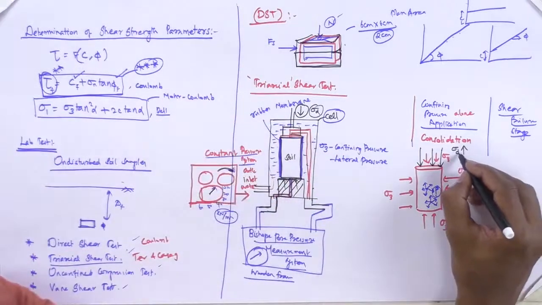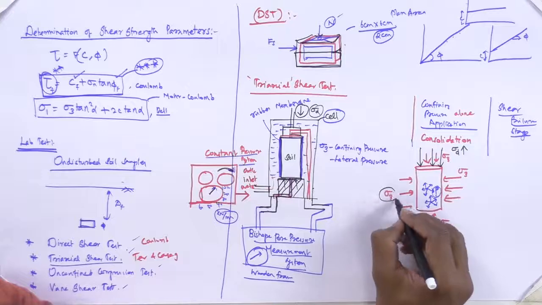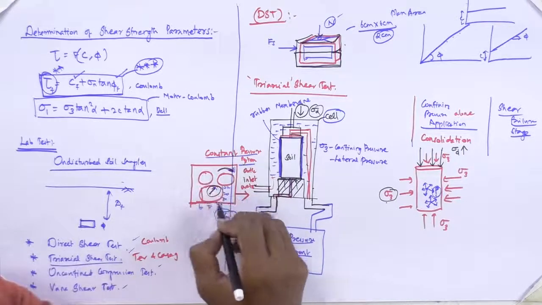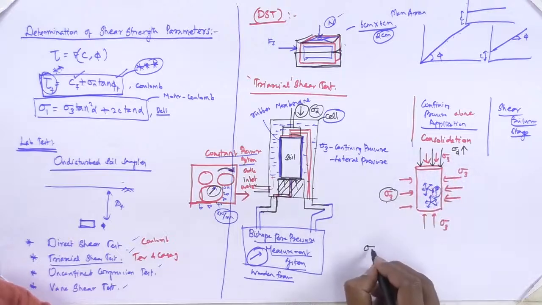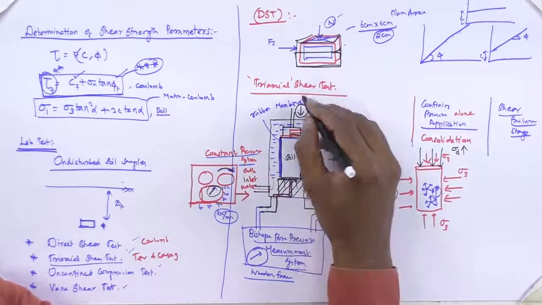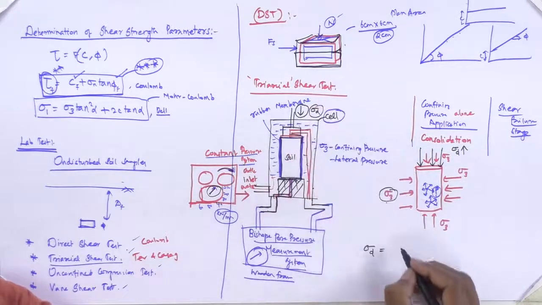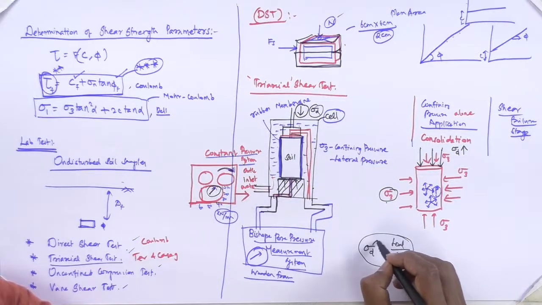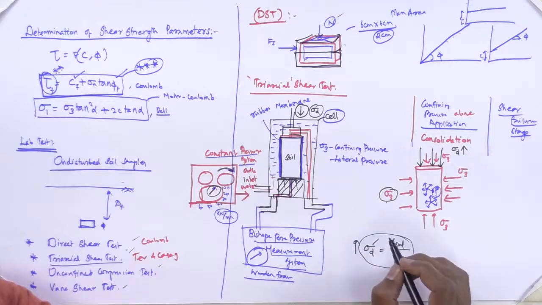This sigma 3 is taken directly from the constant pressure measurement system, but sigma d we apply by means of the proving ring, so we get a load. The load divided by the area will be the sigma d value, and you are slowly increasing it in order to fail